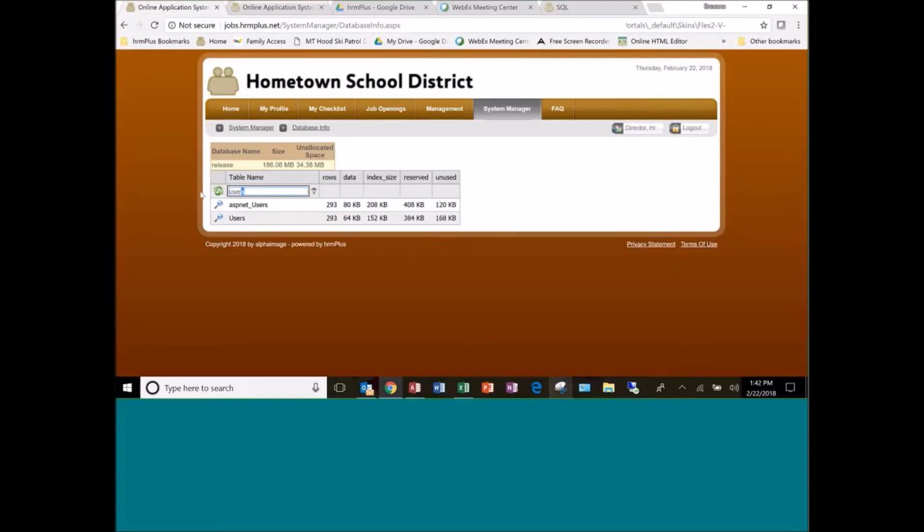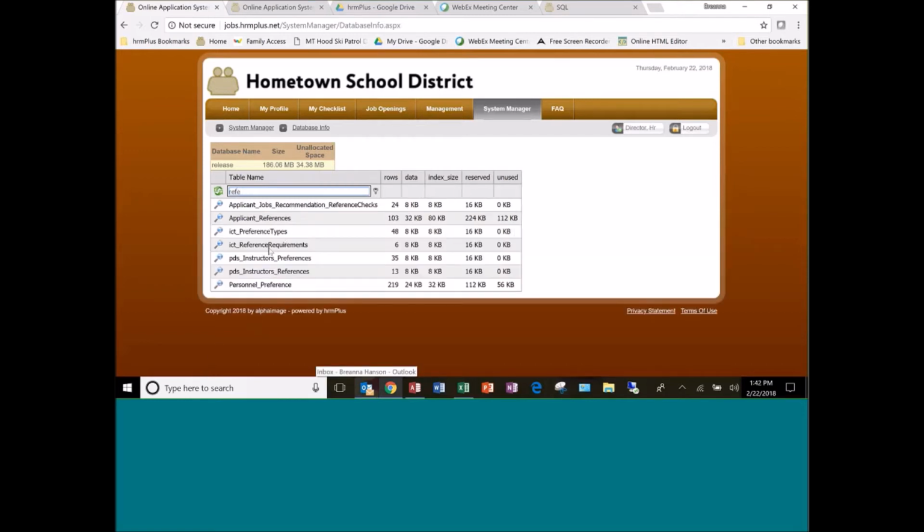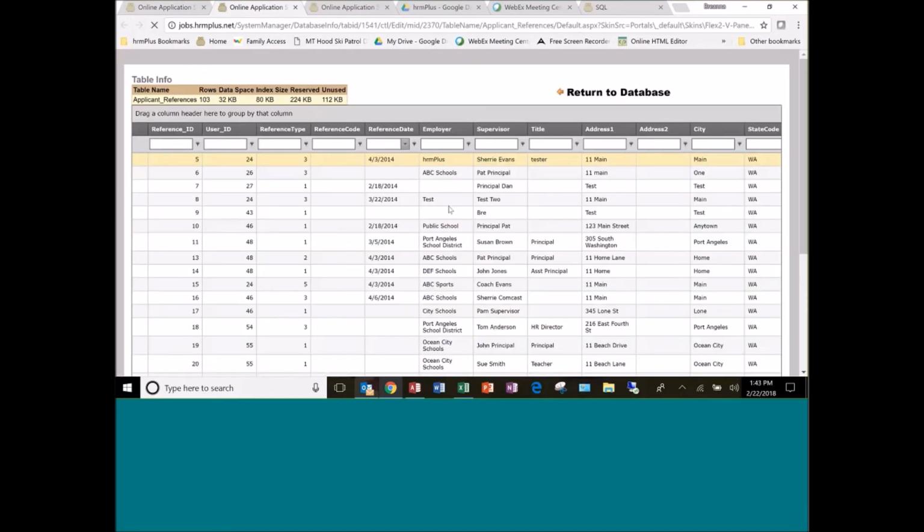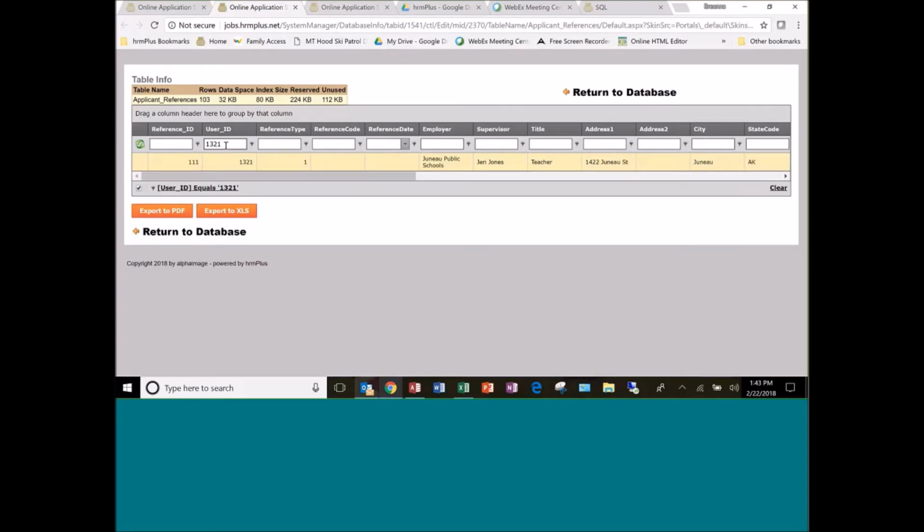So now I want to go and look at the reference data that she's entered. And that particular table is called Applicant References. So these are references that the applicant has entered, and that's how I remember that. And I'm going to open that table. And you'll see there's a lot of data here. Well, since I know this applicant's user ID number, if I enter that number in this field, it's going to filter the list to just the records that belong to her. And as you can see, she's only added one